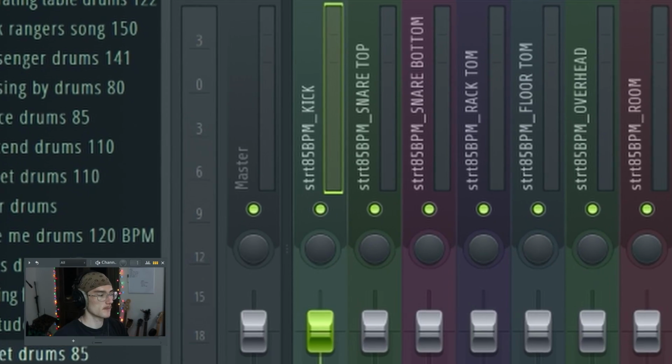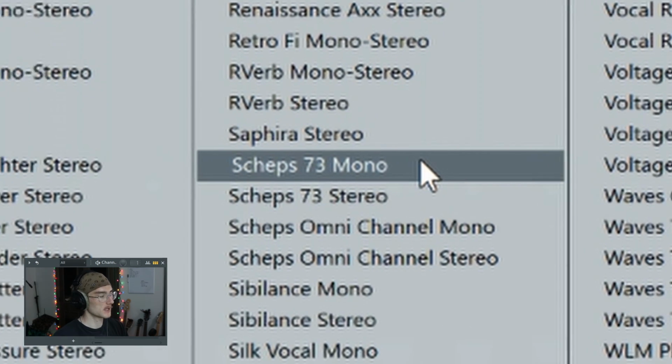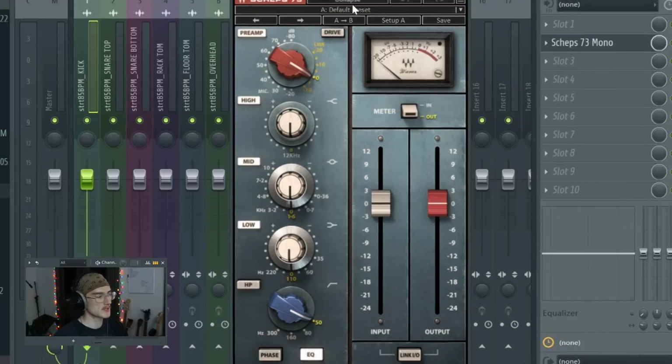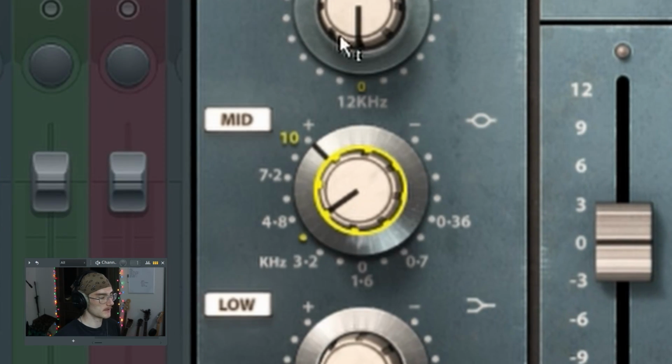So starting off with the kick drum mic, first thing I put on there is this Shep 73 mono little preamp plugin. All the plugins that I use here will be linked down in the description below as well if you want to check them out. Super simple, just go to the kick preset. I like to turn off this high pass filter, boost the mids a little bit, and also boost the high